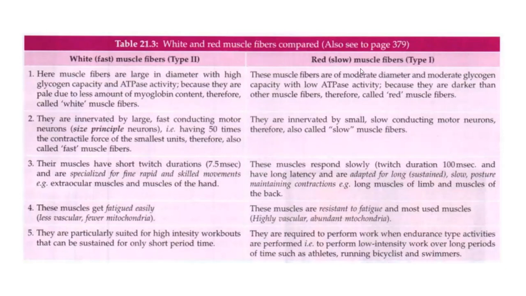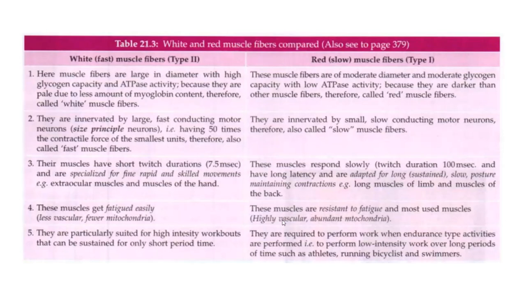And red, exactly the opposite. They have low glycogen, low ATPase. They are slow to get the transmission. They are slow to act, but stay for long. That is, they are resistant to fatigue. They are highly vascular with abundant mitochondria. This is required in muscles which maintain posture, that is the muscles which are constantly at play. You need red fibers. Whereas for fast and rapid action, like running, you need your white fibers, and for a marathon,